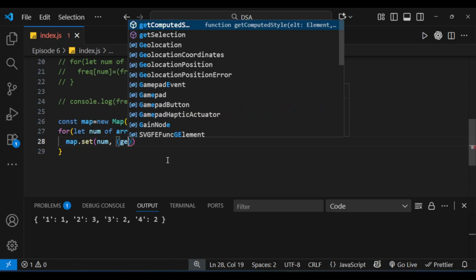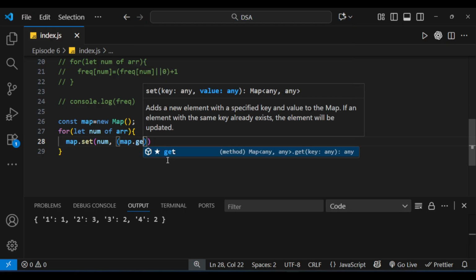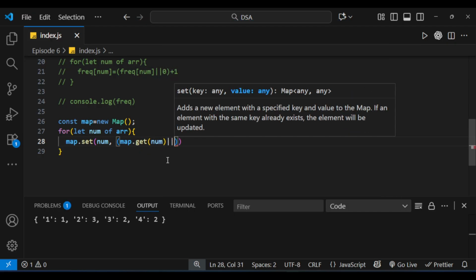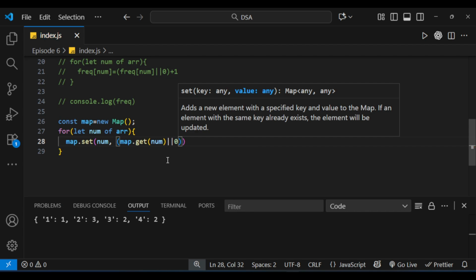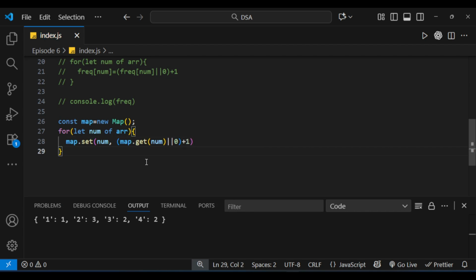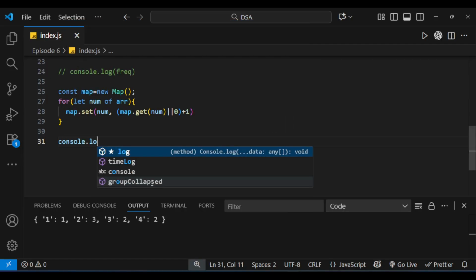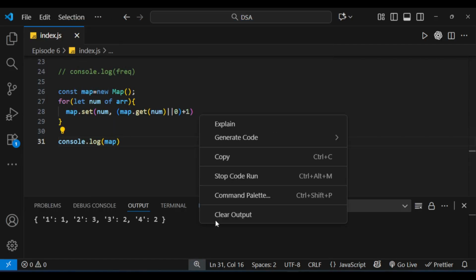And we'll try to get map.get. If it is there already, then it will get the value, or else, as we have already discussed, 0. If it is not there, it means 0. So plus 1. After that, if you try to console.log map, first we'll clear the output and